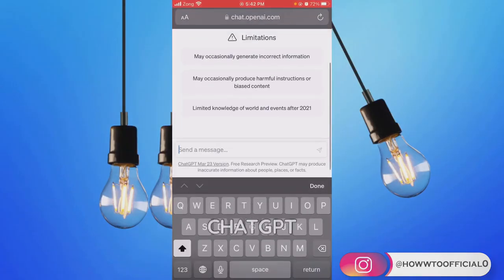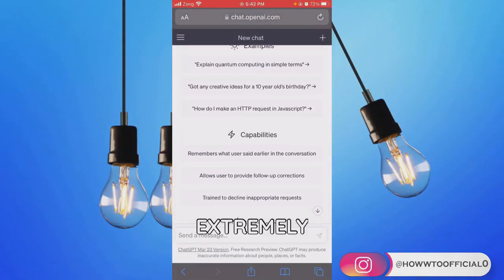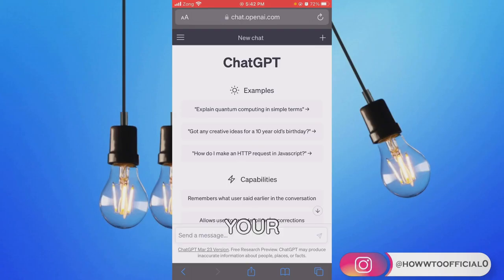So how you can use ChatGPT very effectively to manage your finances and to pay off all of your debts very fast, and the other financial planning will all be covered in this video. I'm doing it on mobile, but for a better experience you can also do it on laptop or desktop. By the way, it works the same on mobile as well.